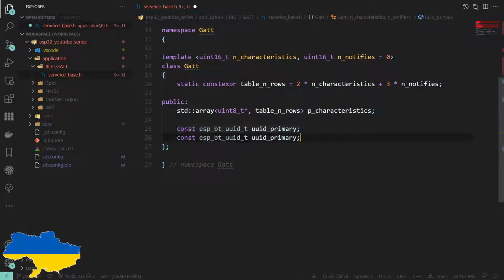Now, that's not how we will refer to this in the API. The way the API does it is when we create the service, it will give us an ID, a number, an integer. Actually, in this case, a uint16.